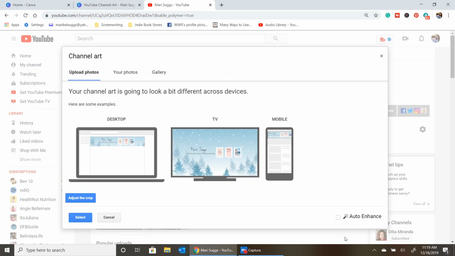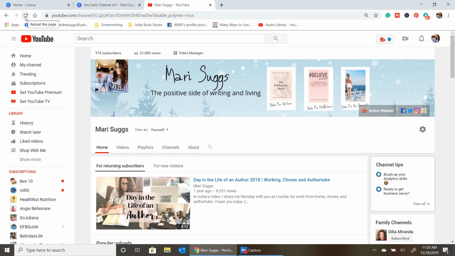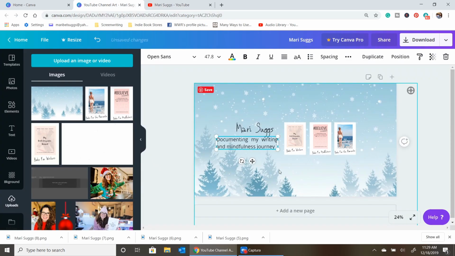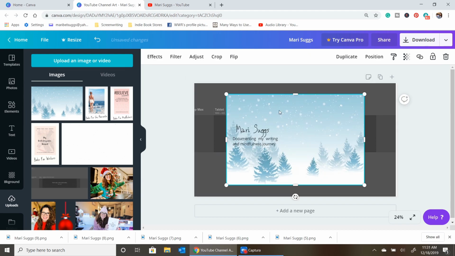So this one actually came out really good, and I was happy with it, but I wanted to change the words that I wrote, and I'm still not sure if that's the one that's going to stick long term, but I wanted to use that for now. And I felt like the pictures also were a little small and hard to see, so I went back in and started editing again. So what I'm doing now is just realigning the words and making sure they fit properly inside the space,